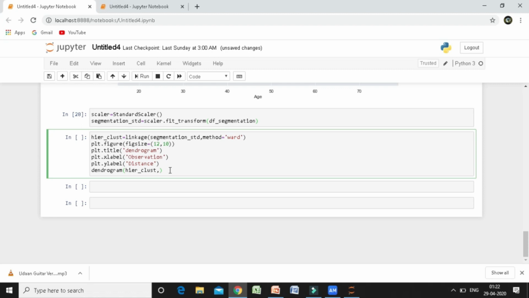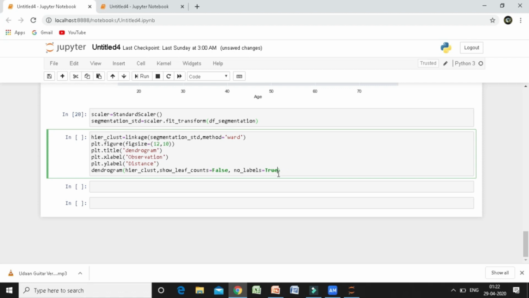When you get the visualization, you will get to see the trees. Show leaf counts false, so this I don't want to see. Now no labels, so here I want to see labels, so I'll give it as true.